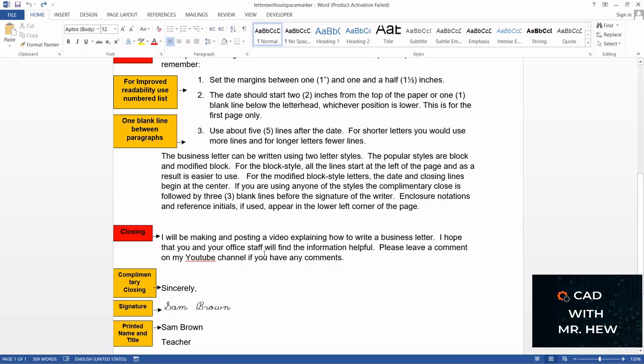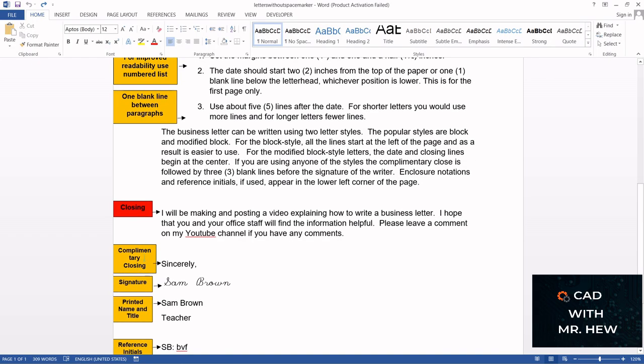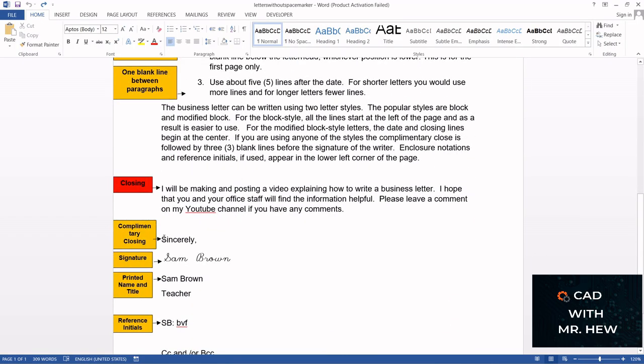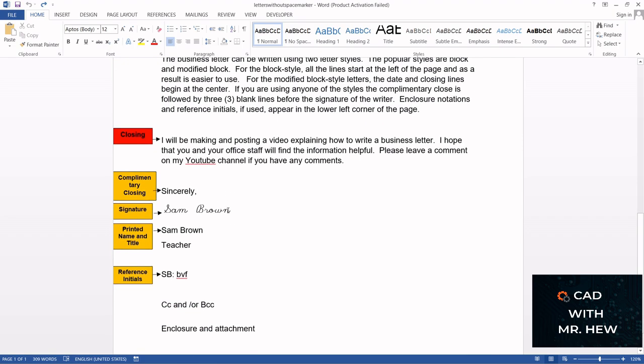So in the closing, we want to sum up what our business letter was about, and also some call to action. What suggestions do we want the persons to give us, or also what actions we want them to take from our letter, right? Then we have the complementary closing, which is sincerely, and put a comma. Now, if you use dear sir or madam, then you wouldn't write the sincerely, you would write yours faithfully. Okay? Then here's the signature of the person who